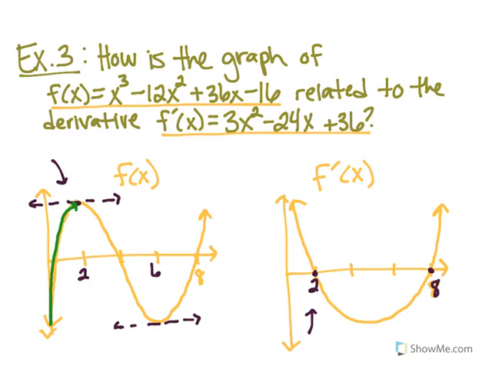And that also happens from 6 and on forever. And please note that this looks somewhat Green Bay Packerish, which is beautiful. So please take a look at f prime of x on the right-hand side. And if you will notice, from 0 to 2 on this graph, I happen to be here. And from